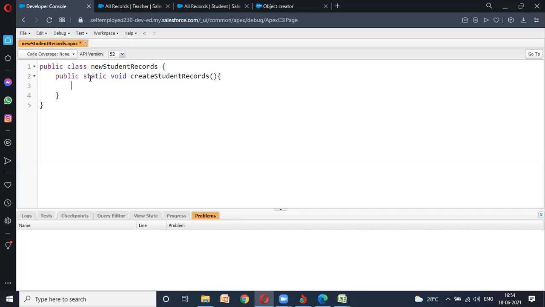Now, guys, think logically. For student 1, student 2, student 3, we have n number of students, right? Something which will count number of students, we need something like that. So I will create a variable integer. The name itself I will give count number of students, and I will define as 1. Means initially it should start from 1, right?